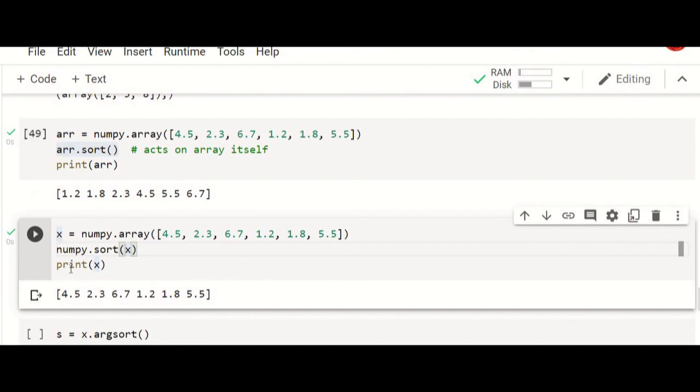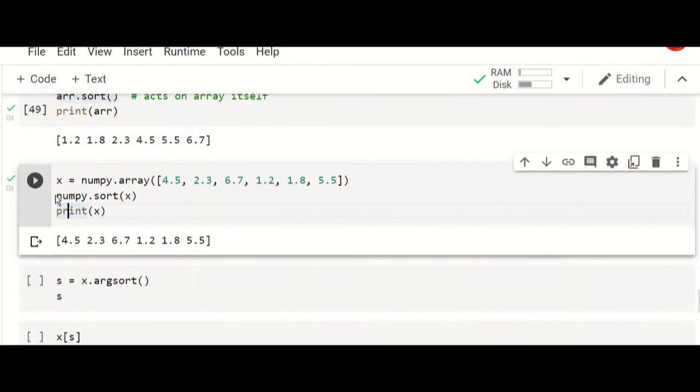And print of x will display the elements. Since we have given print of x in another statement, the updated ascending order elements will not be printed. But if we give this print statement in the same statement itself, it will be in sorted order.